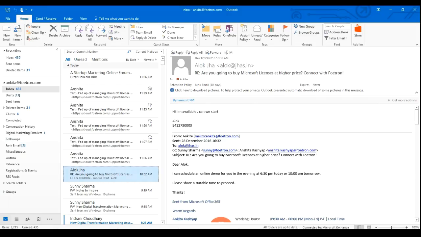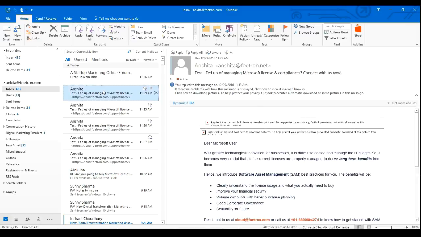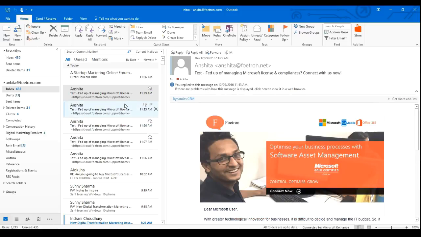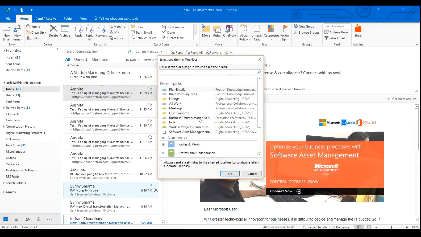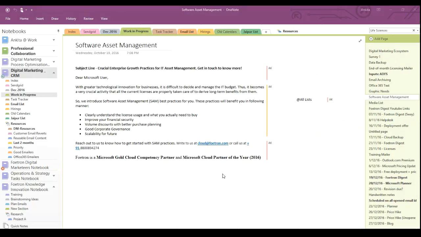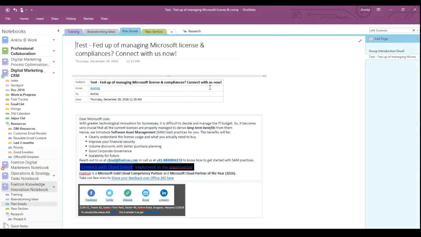And not just that, we can easily manage an email from here. For example, this is a mailer that has to be sent today, and if I see it from here, I see that okay, this is nice, this was the final mailer which was being sent. I can simply copy it from here to my plan emails, and I can track it further to see what was finally done. So this email is right here in my OneNote now, and I can simply write final email sent,